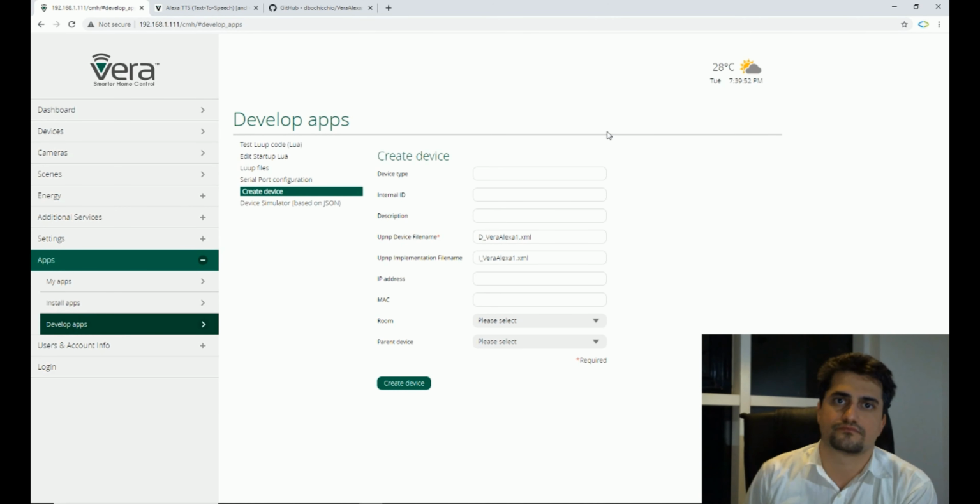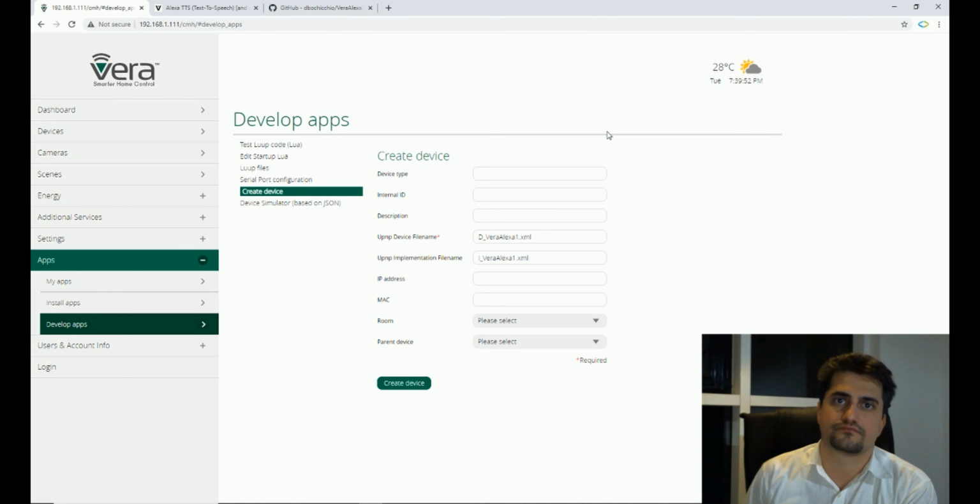You can see Alexa has created this device. Let's enter the settings of the device. Advanced items are checked. The device ID is 52. We need it later. In the variables section, in username,